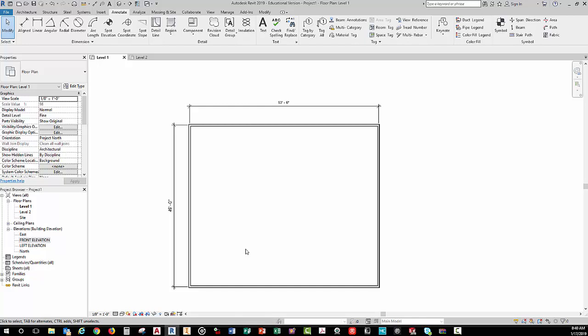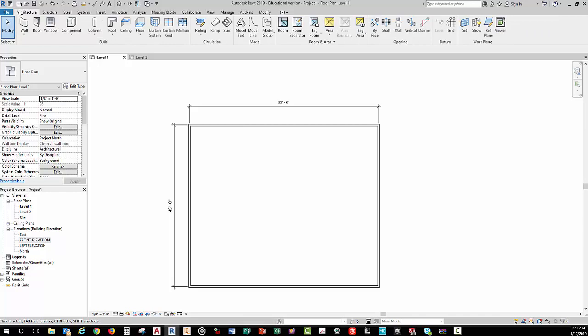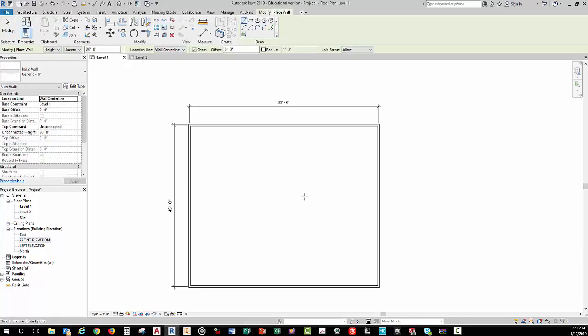Now these are permanent. They're there, they're not going to go away. They're not temporary dimensions. If you pick on an item and it doesn't have a dimension on it, then it'll show a temporary one. So like if I go to architecture and draw a wall, and let me say I drew a wall right there, and you'll notice that when I pick the starting point and then it has the ending point,